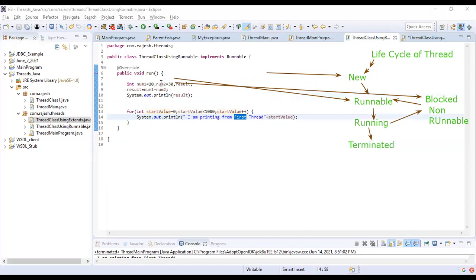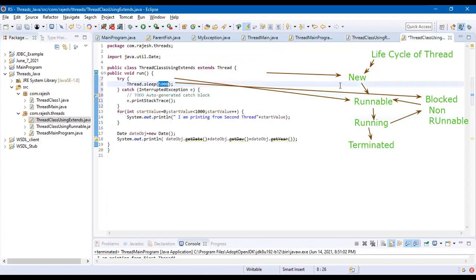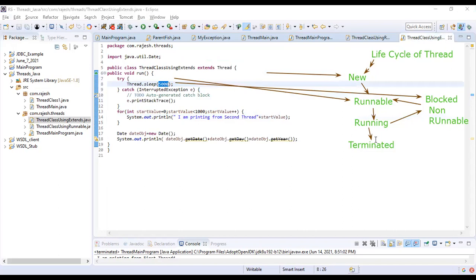So new is a state when the thread is created, and runnable is a state where we call the start method of the thread. Running is a state when the thread actually starts the execution, and non-runnable is when the thread is still there, but it cannot run because we have given a sleep. And termination is a state where the thread is no longer active and it has finished. So this is a simple life cycle of a thread.